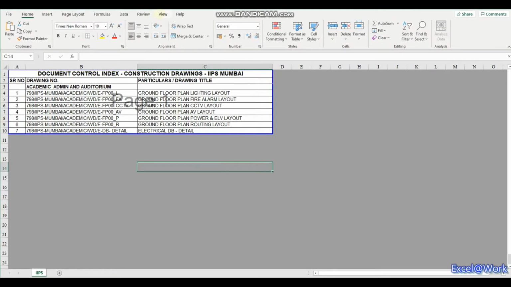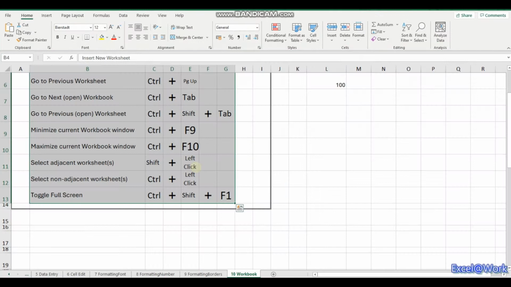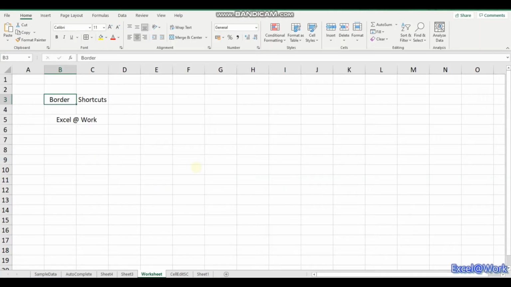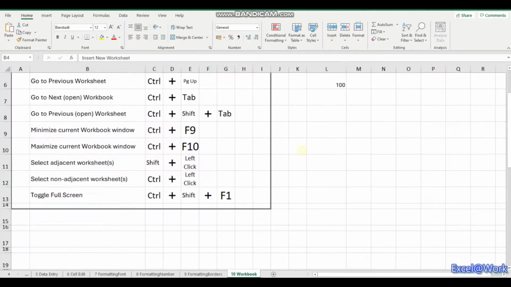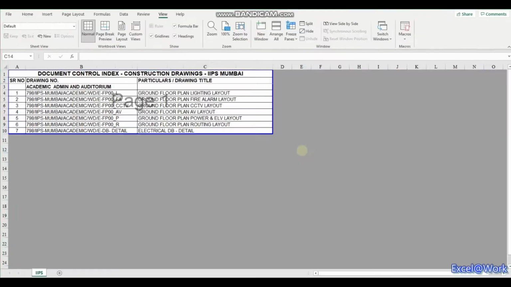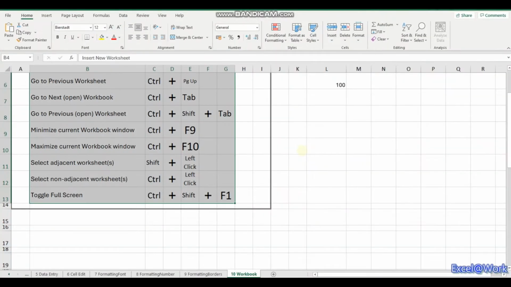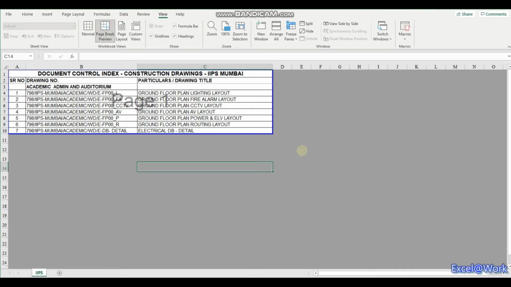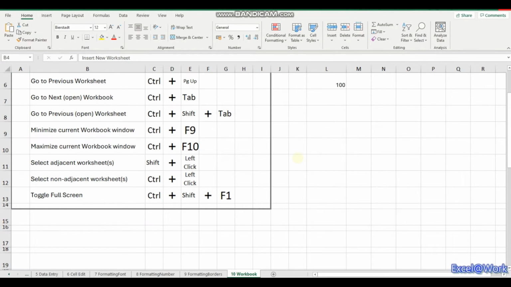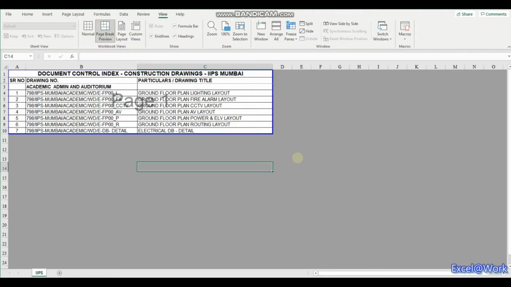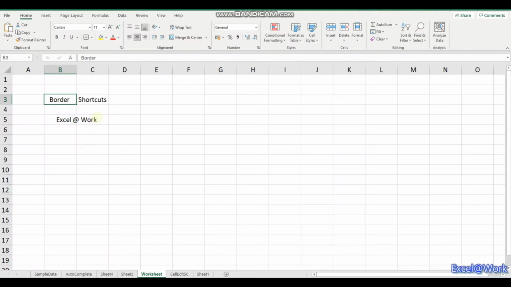So what we basically have is 3 workbooks open here. If you want to go to each of them, I go to the second workbook, the third workbook, and then I keep pressing Control Tab continuously and it circulates between all the 3. If you want to go back, I use Control Shift Tab and then the cycling is anti-clockwise, in the sense that I go from workbook 1 to 2 to 3 with Control Tab, and with Control Shift Tab I go from 3 to 1 and so on. So I'm closing these workbooks. This workbook is where we started.